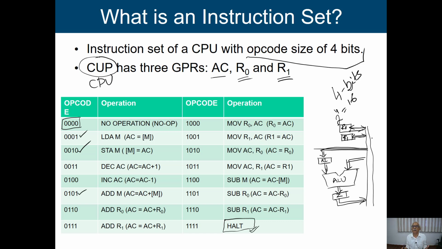To work with this processor, we now have to design our instruction set. Already we said we have these three instructions: load, store, and add. Now we can design another 13 instructions. Out of those, 0 and 1 are already consumed, one is no operation and one is halt, so 5 operations are designed. Now we can go for another 11 operations. What are the operations that I have designed? For simplicity, I am designing one instruction called DEC accumulator. Again, here I am having some mistake.